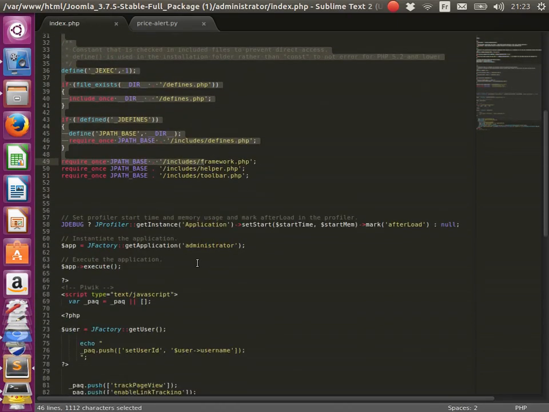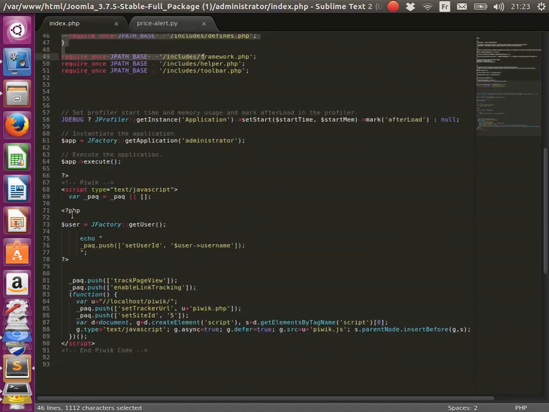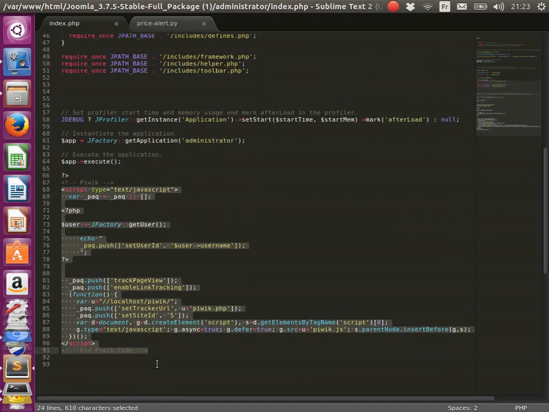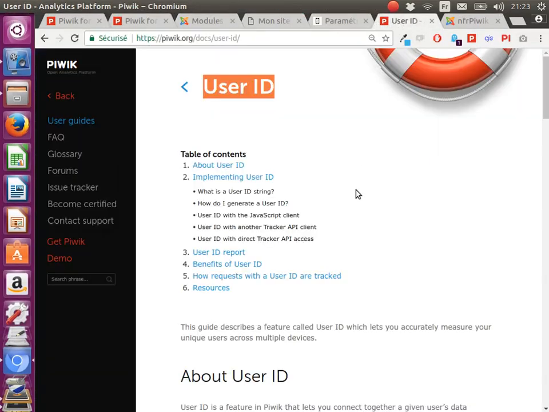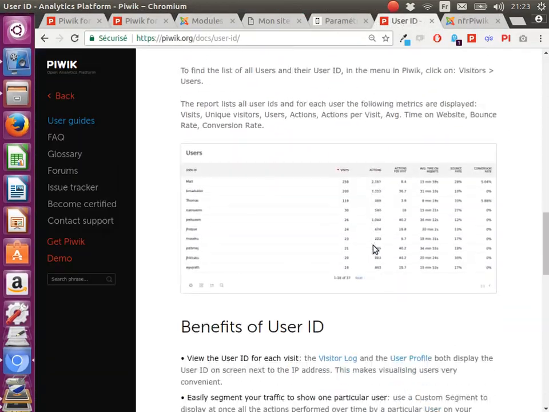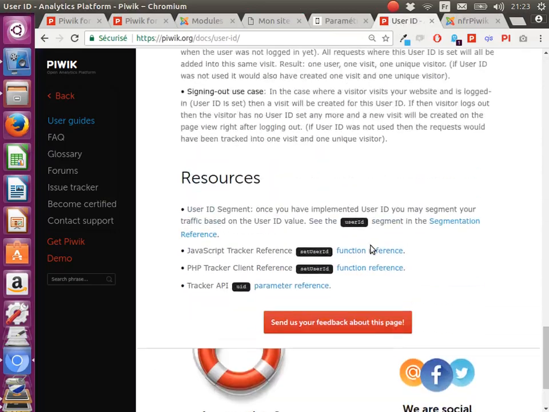What I will do here is copy and paste the JavaScript code of Piwik that you can see here, but I'm going to insert the push setUserId function before the trackPageView, as is written within the Piwik documentation. So that's something you should take care of.